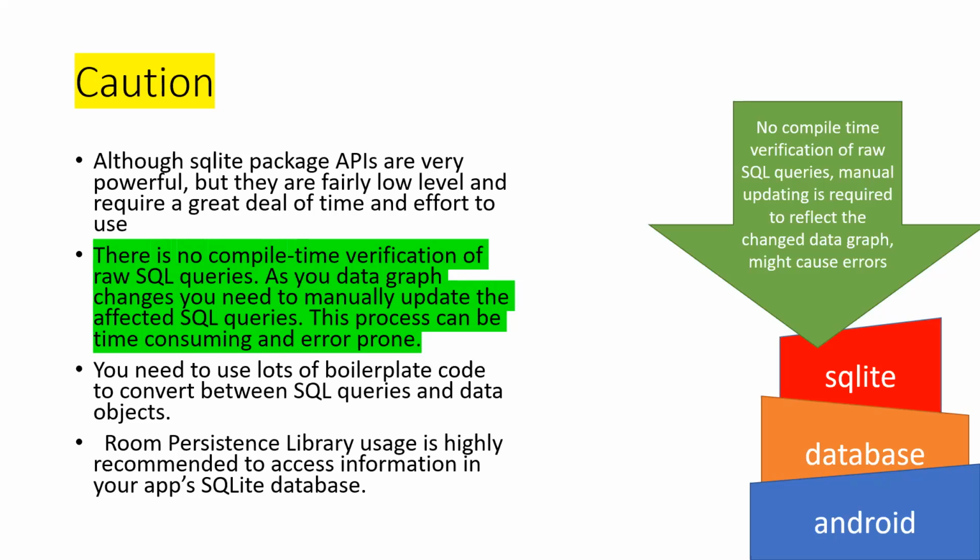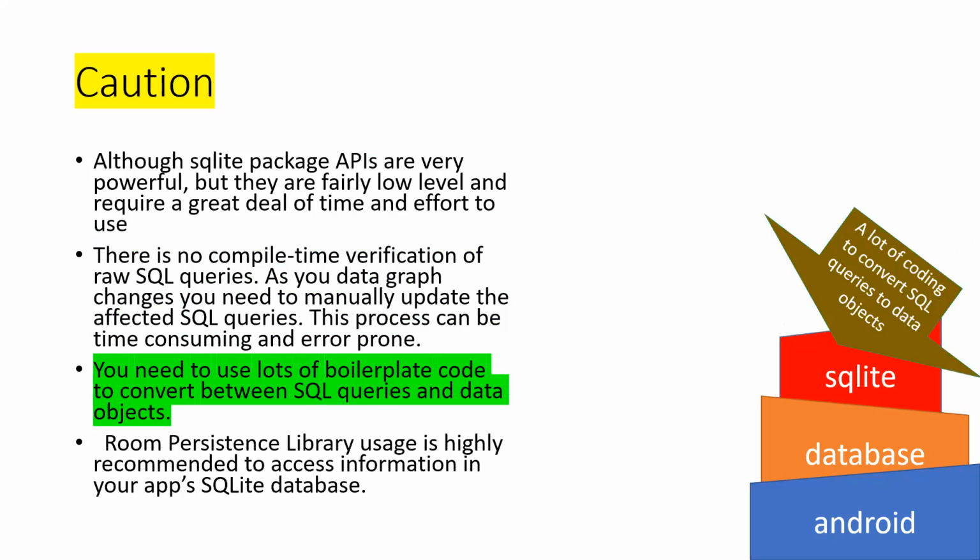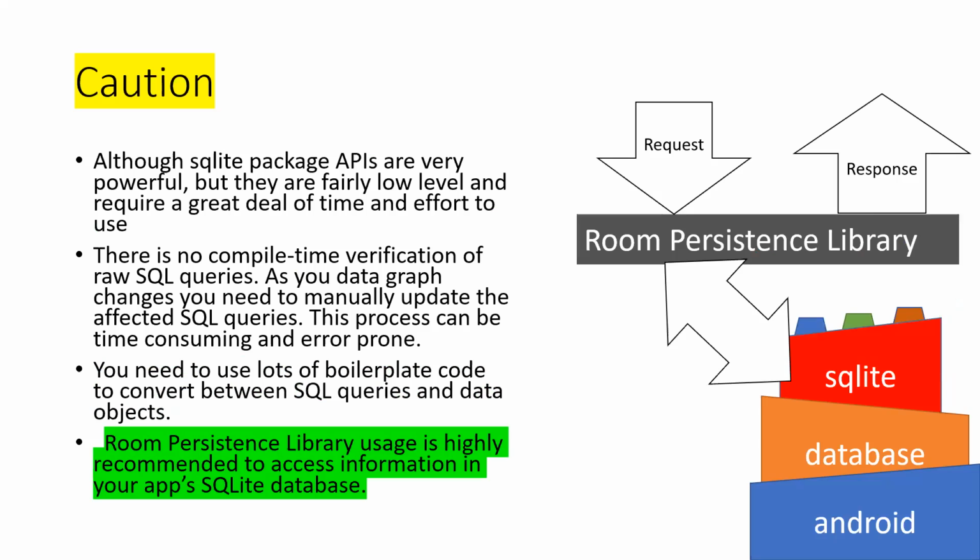And another caution is that you need to use a lot of boilerplate code to convert between SQL queries and database objects. That means you have to write a lot of code, which is generally not advisable. And this is the reason that use of the Room persistence library is highly recommended to access information in your app's SQLite